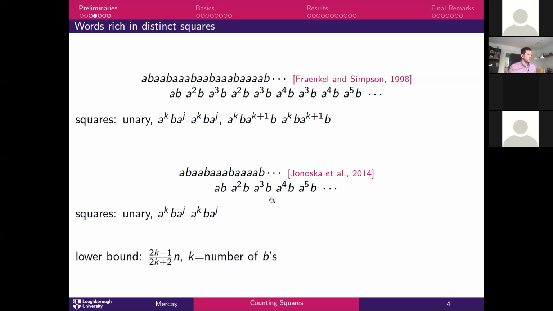And they show that actually the lower bound and the upper bound match, namely it's (2k minus 1) over (2k plus 1) times the length of the word. So when I count squares, I will always refer to the length of the word as an indication. Here, the k stands for the number of B's that you have in your word,